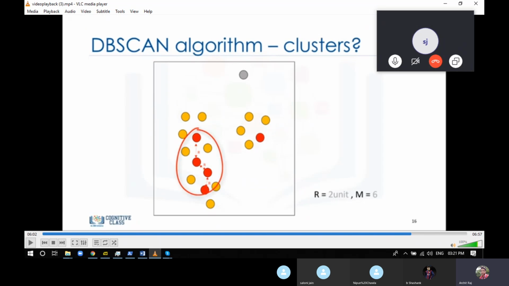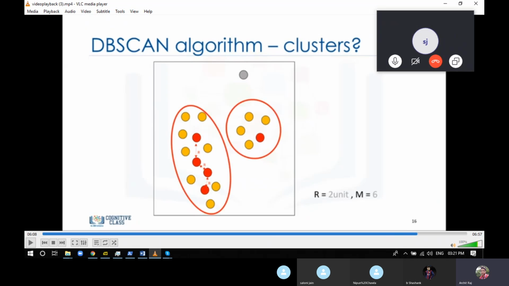Now what should we do? How to make the clusters? You have to just start joining the core points which are really close to each other. You can see this particular core point is really close to this one. Join this one to this one. Now this is one chain of core points. So all the core points are going to be in the same cluster, and all the border points which correspond to those core points will be in a single cluster. As you can see, this core point is closer to this one, so we have a connection, and we have a connection for this one.